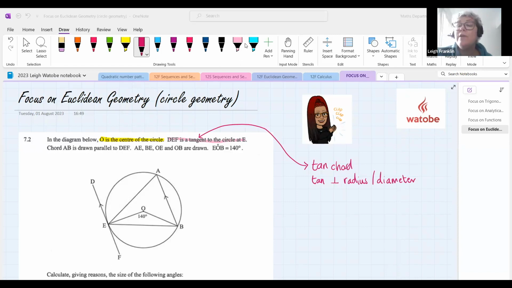Or we could even think about tangents from the same point, but in this case, we don't have two tangents. We've just got one. Yeah, Msomi, I agree. Tangents from the same point is another one. Let's just put it here. So tangents from same point. We don't have another tangent, but if we did, that would obviously be